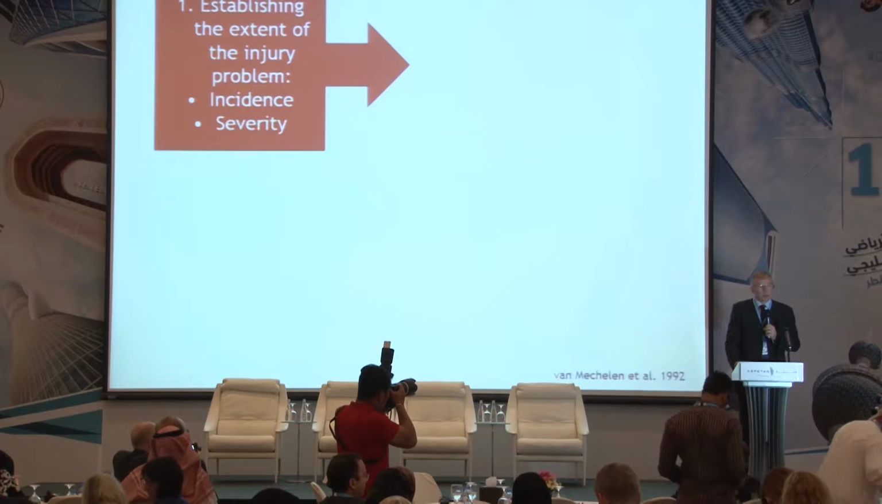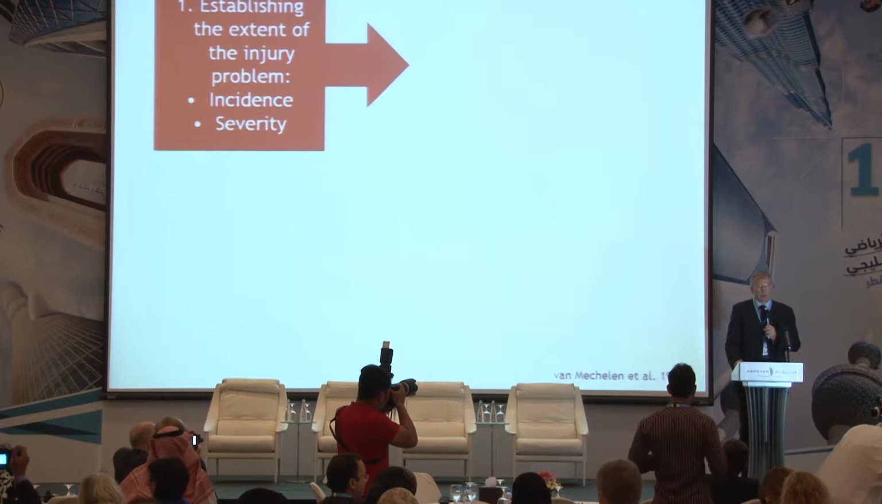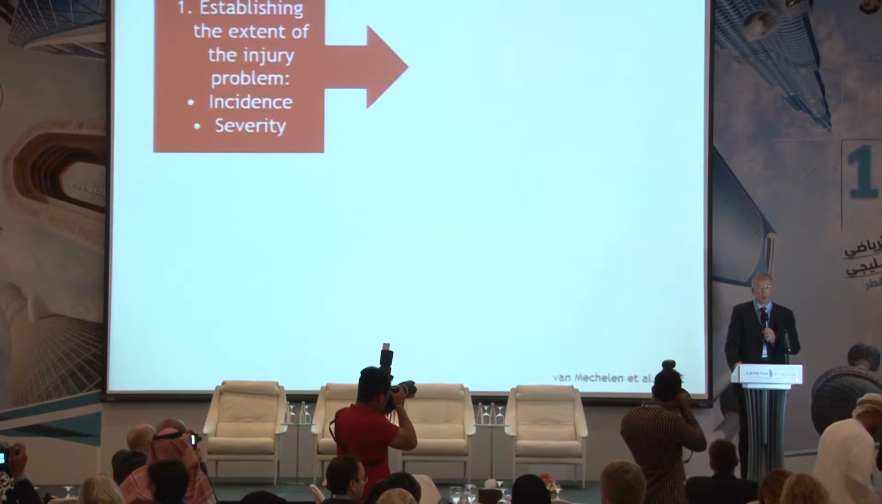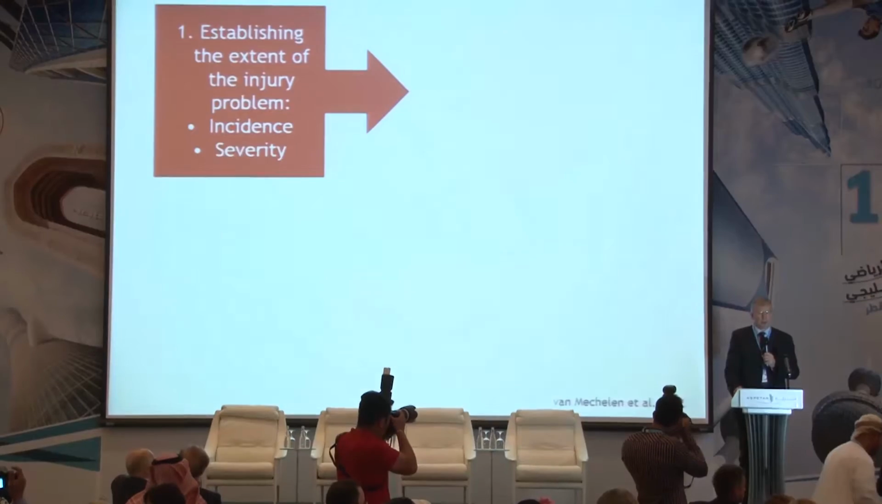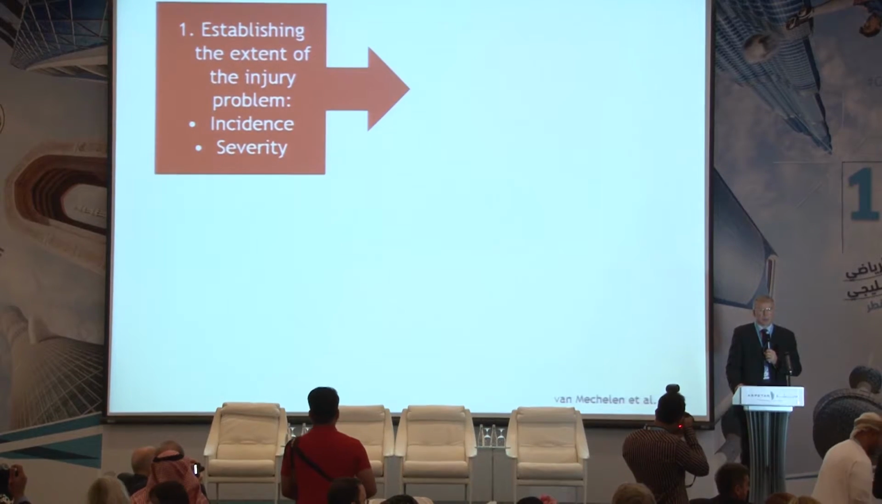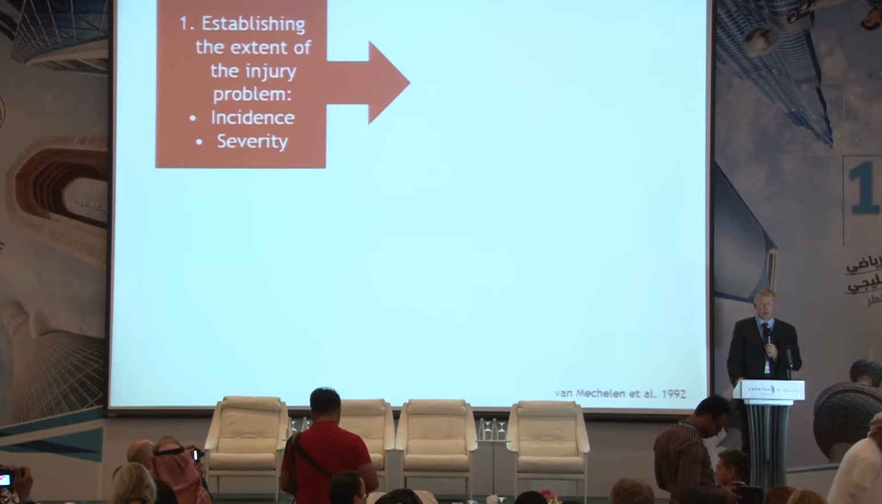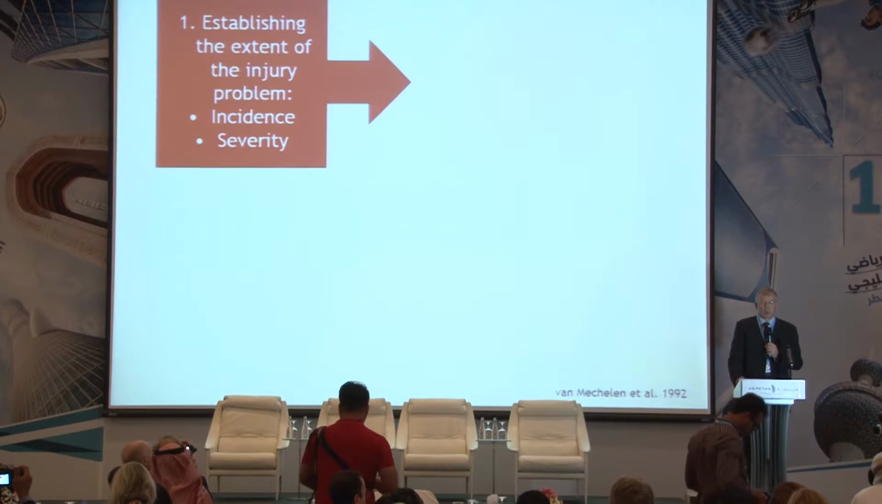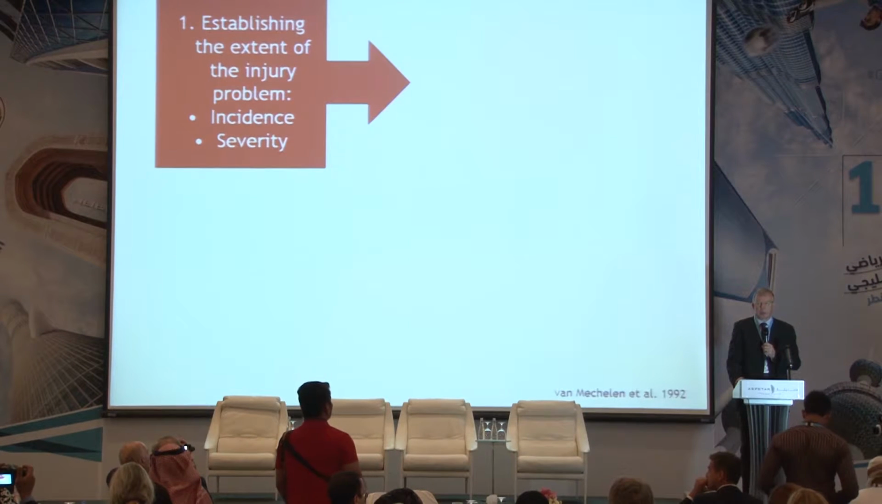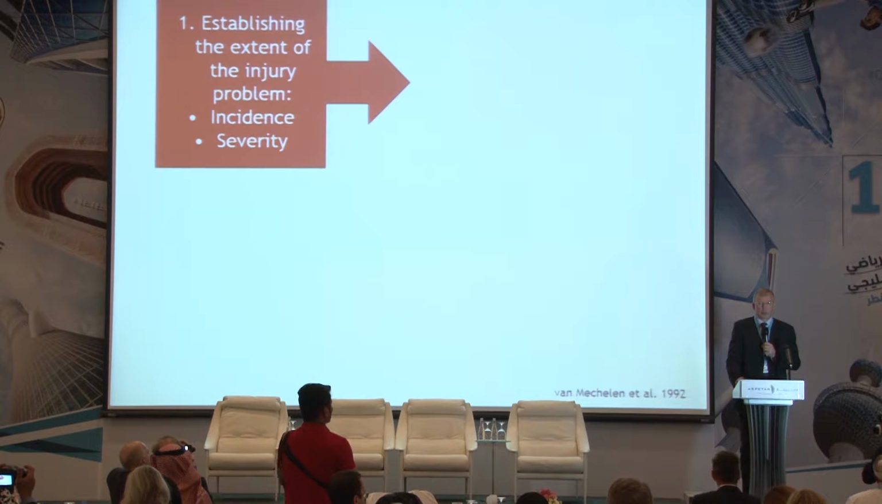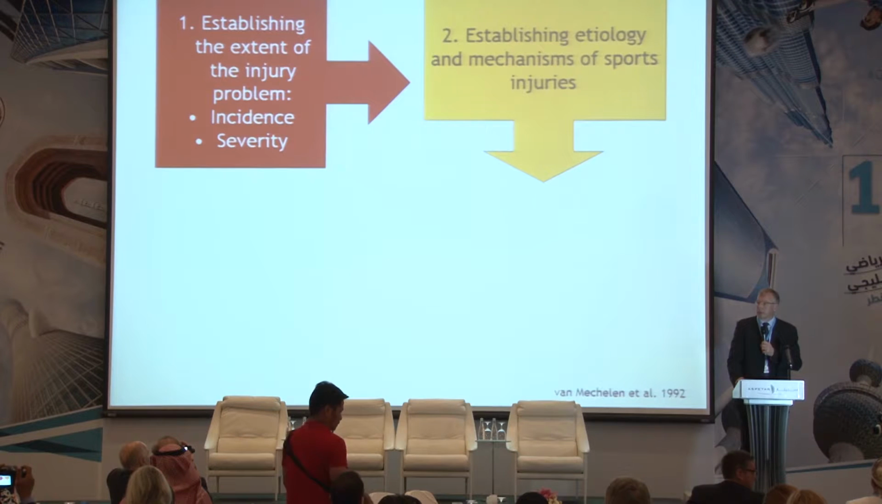And the model that's usually used for injury prevention research is the four-step model that Willem van Mechelen published in 1992. And the four steps go as follows. So first, you need to determine the magnitude and severity of the problems. So how many injuries are there? What types of injuries? How serious are they? Then the next step is to try to establish